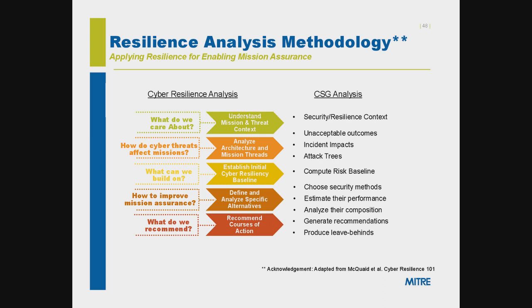And if you take the set of things that I just described, the resilience context is telling you what you care about, and combining that with the unacceptable outcomes and how you're going to use the metrics is going to tell you what you're going to measure. The incident impacts, whether you're trying to make it resilient in terms of availability or confidentiality or integrity or even being able to spoof signals, those are the things that you do some of, all of, or just a few of. We are using attack trees to,